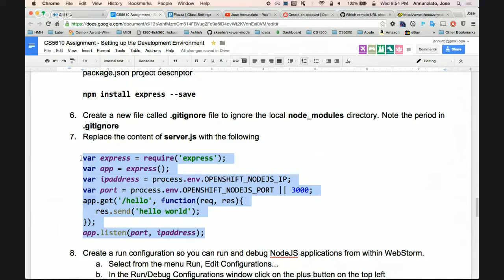Meaning that if you type the URL localhost, listening at port 3000, localhost 3000/hello, you should get a hello world. You know that Node.js is working.